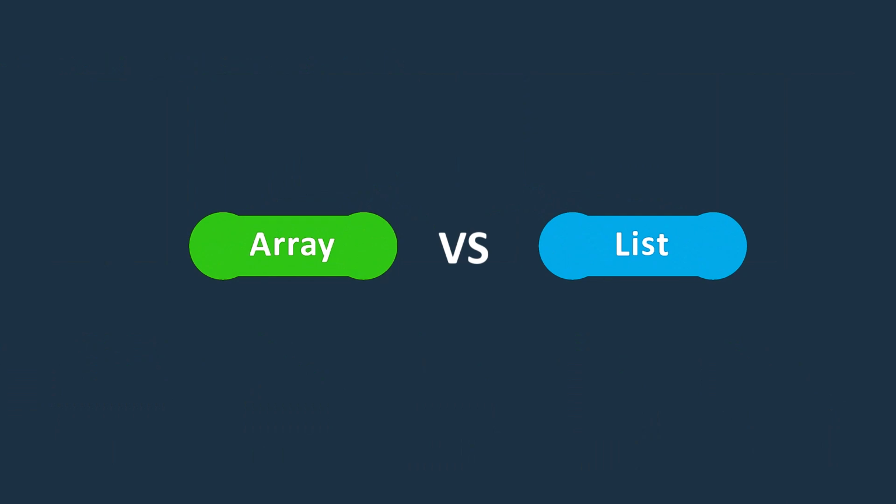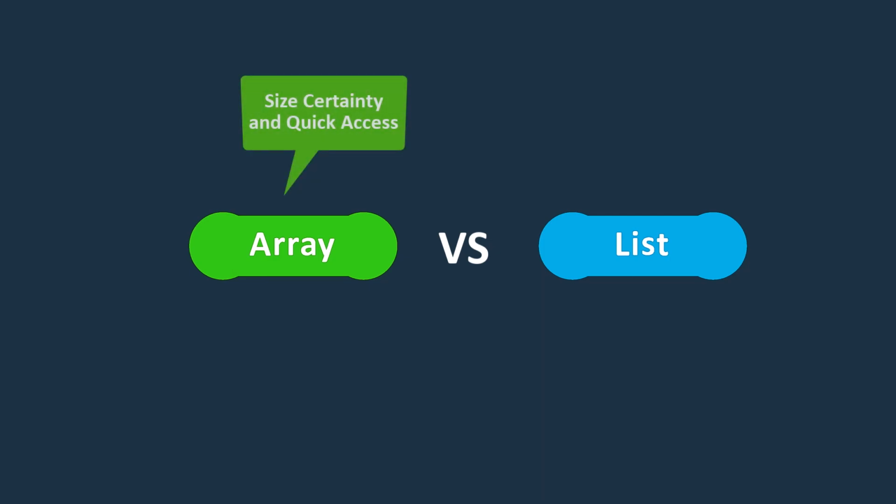However, arrays and lists have some differences. The key difference between them is that arrays have a fixed size, meaning that once we define an array with a specific length, we cannot change its size. On the other hand, lists have a dynamic size and can grow or shrink as needed. We can add or remove elements from a list without having to worry about resizing.